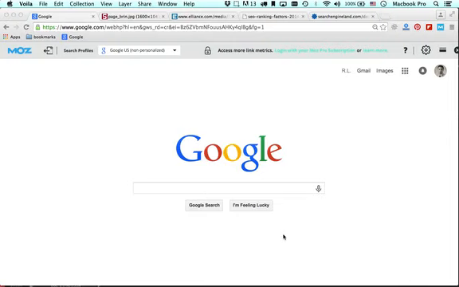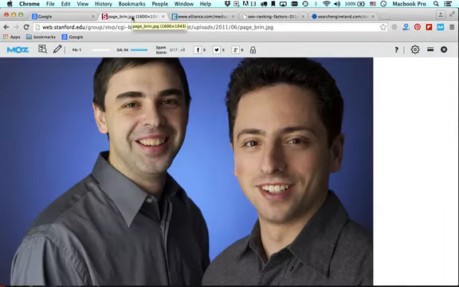Google was incorporated in 1997 by Larry Page and Sergey Brin, and it was actually a play off the word googol, which is a mathematical word that refers to 10 to the 100th power, or 1 with 100 zeros after it. These guys were Stanford University graduate students, and when they met, they decided to create a search engine called Backrub. Backrub lived on the Stanford servers, and they eventually outgrew Stanford. And in 1997, that's when they registered the google.com domain name, and it wasn't until 1998 when they actually incorporated the business.